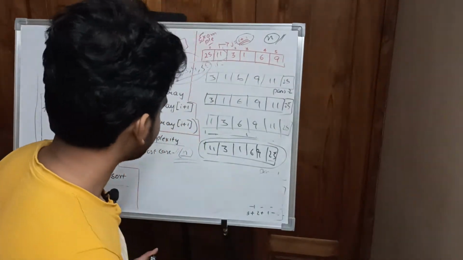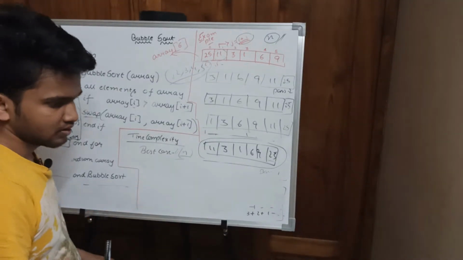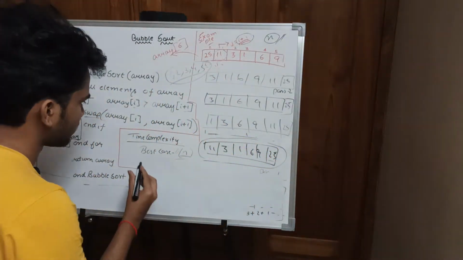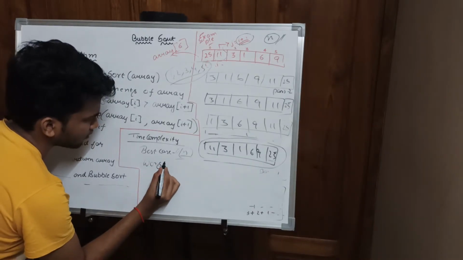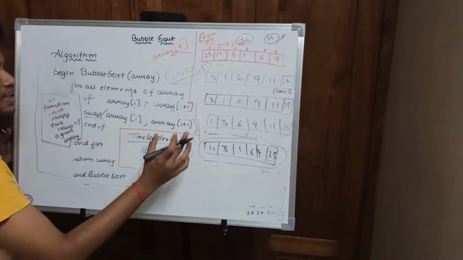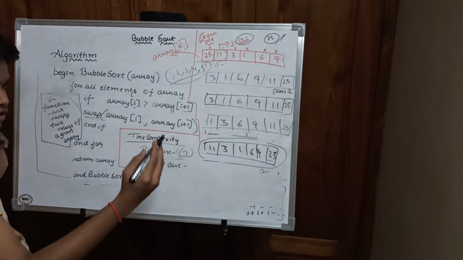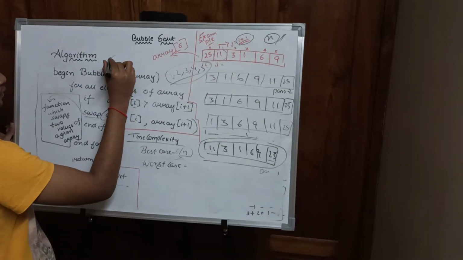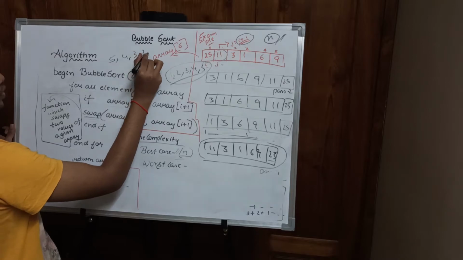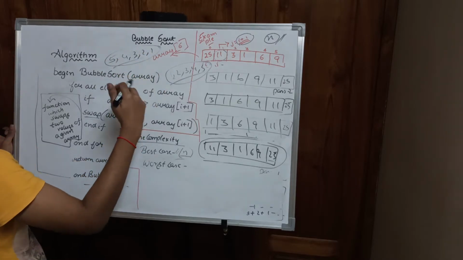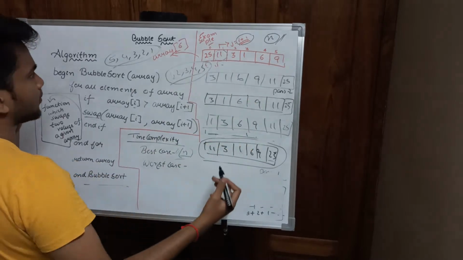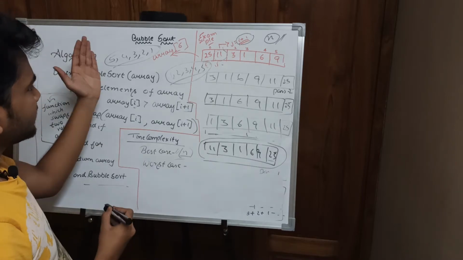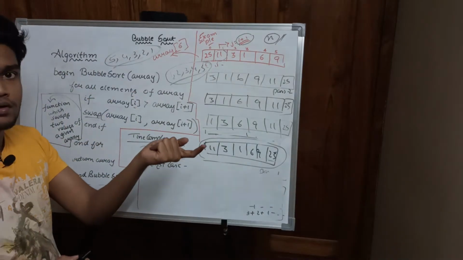Now what is the worst case? This is another logical thinking question. Now the worst case could be when the elements are given in reverse sorted order. That is, I said here 1, 2, 3, 4, 5, right? If the input elements are given as 5, 4, 3, 2, 1, and someone asked us to perform a bubble sort operation on this, then again every swap has to be performed.